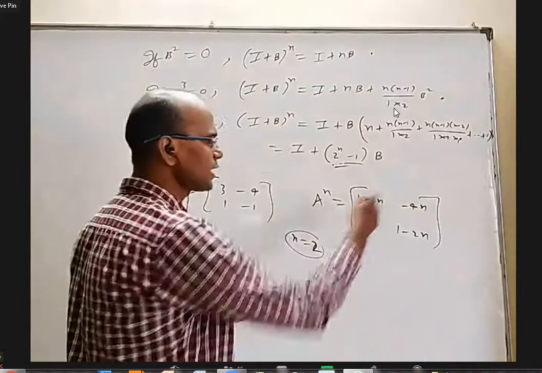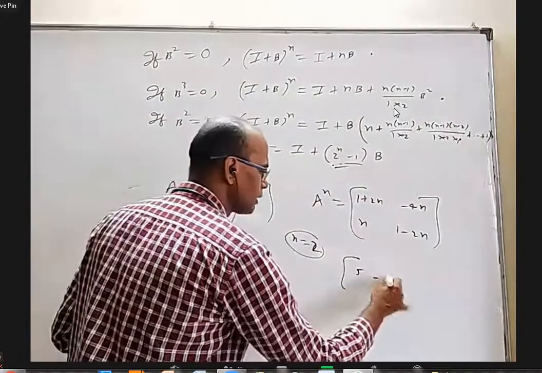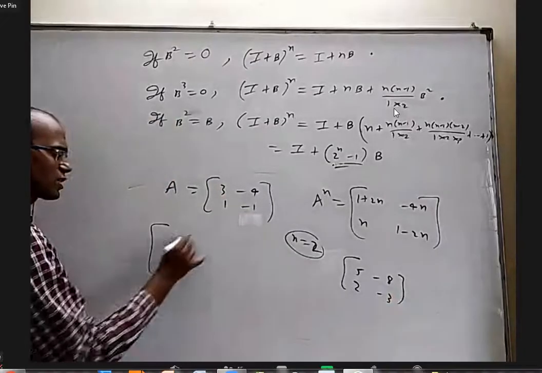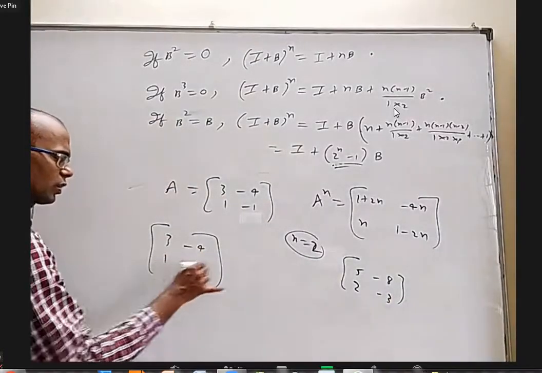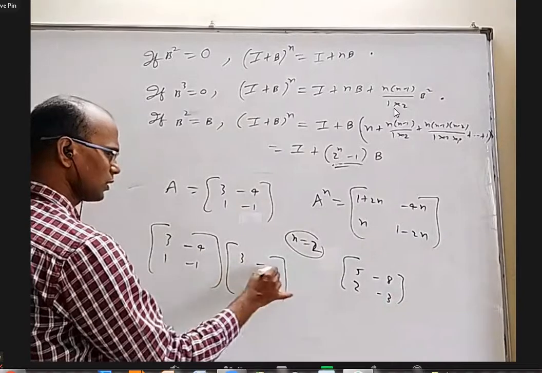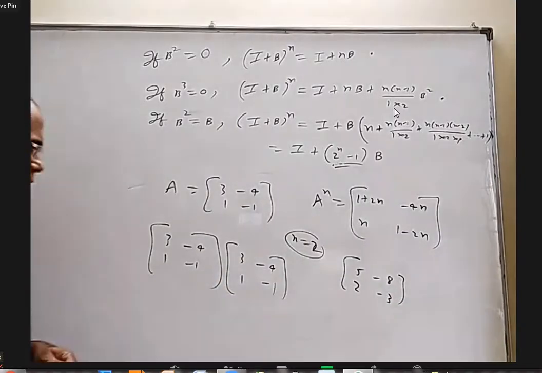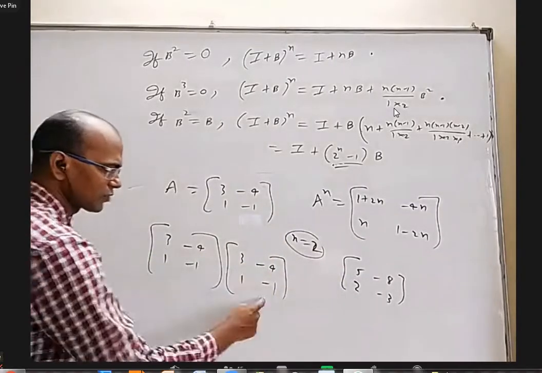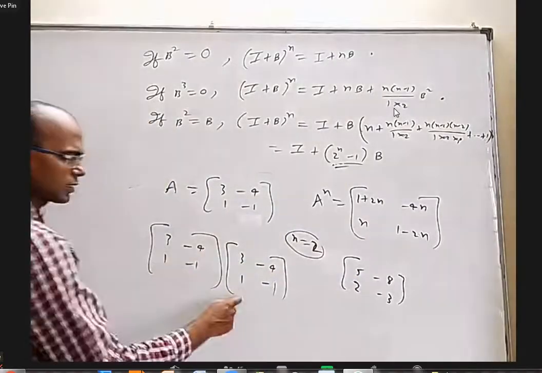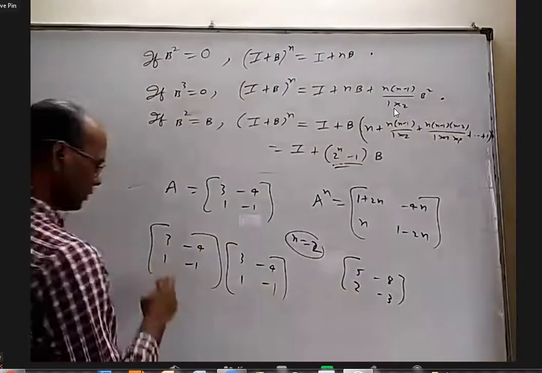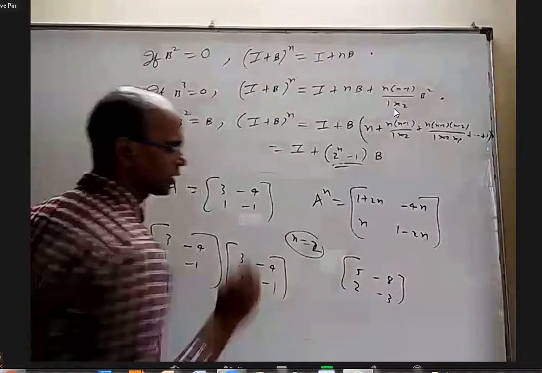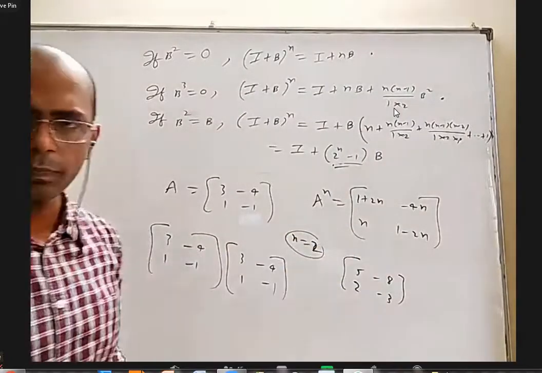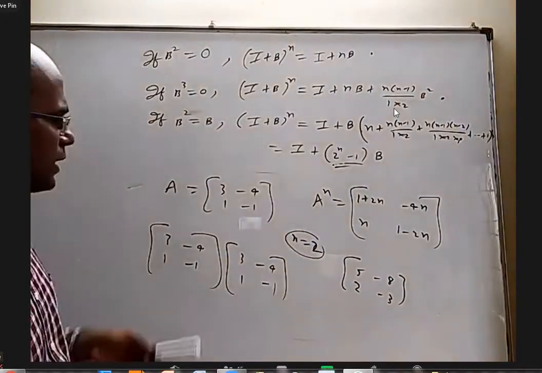Right now, on the right side, if you put n equal to 2, it will become 5, minus 8, 2, and minus 3. I'll really find a square. 3 minus 4 is minus 1, and again 3 minus 4 is minus 1. This into this, 9 minus 4, 5, correct? Minus 12 plus 4, minus 8, correct? 3 minus 1, 2, correct? Minus 4 plus 1, minus 3, correct? So when I take n equal to 2, is a square coming like this? Yes, sir.